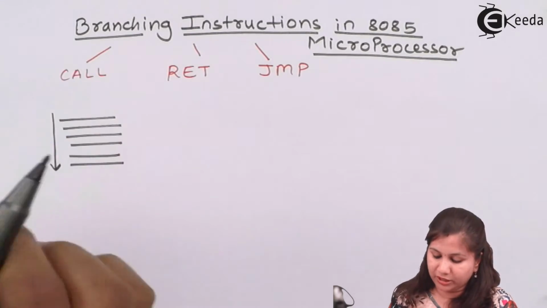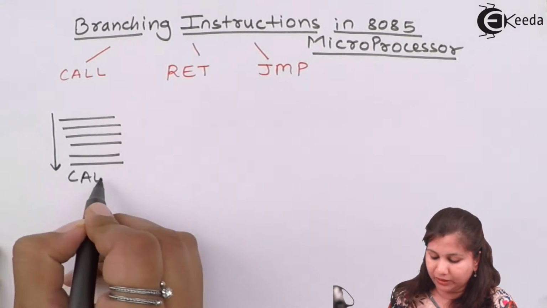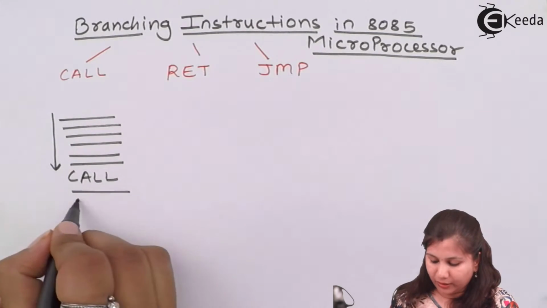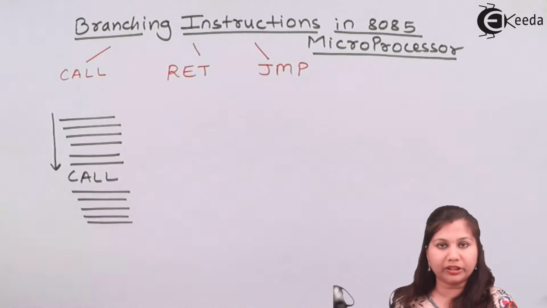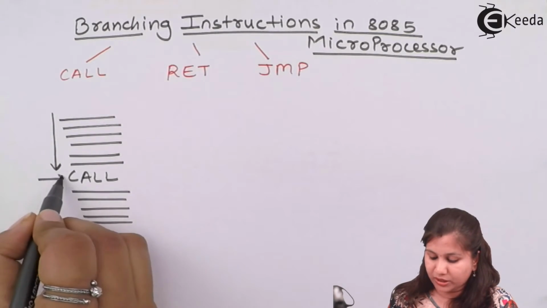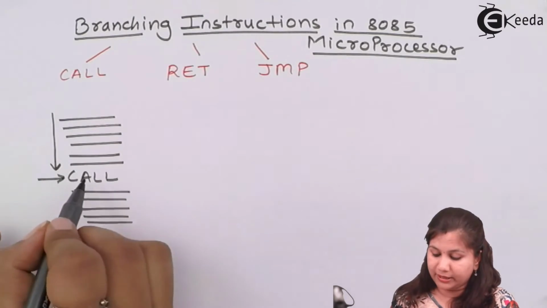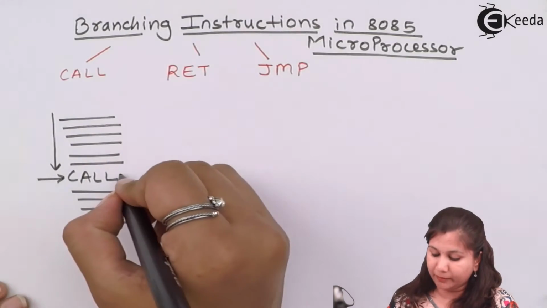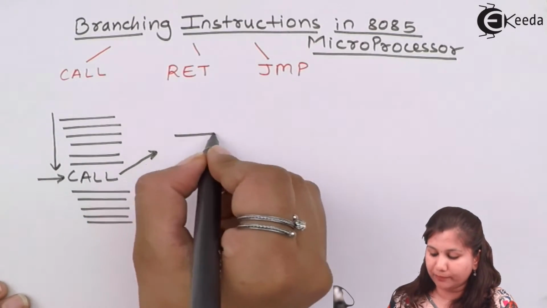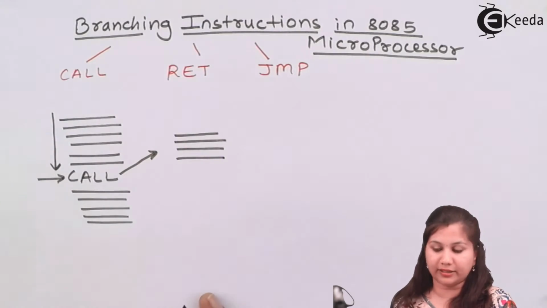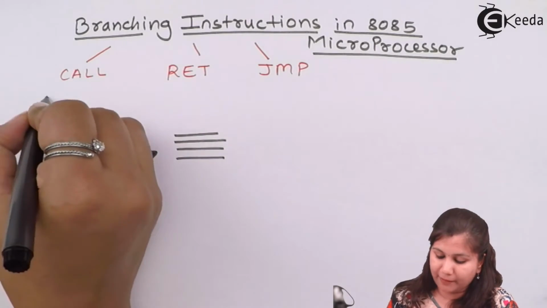Suppose we have written the instruction call in between that main program, and after this call, other instructions are also written in the main program. When the microprocessor executes this instruction call, it breaks the sequence and makes the microprocessor jump to some other memory location where some instructions are written, and we can say that this is our main program